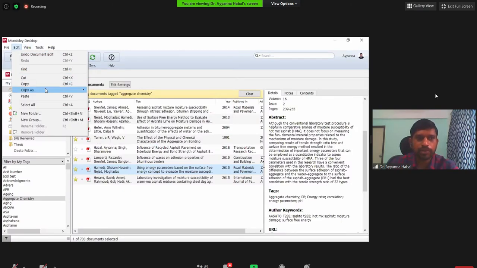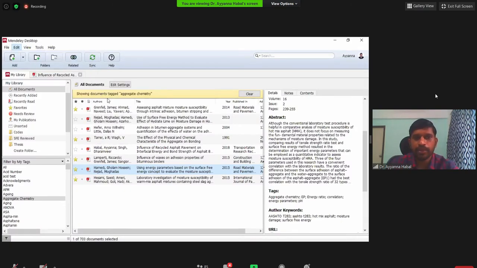If you want to copy, just copy as a formatted citation. The citation for this particular paper is copied in that Nature journal requirement format. This is one way of copy and pasting manually. Another way is you can integrate this Mendeley with your Word document, where automatically you will get the citation or referencing list. It is an easy way, and I would say this will save a lot of time in writing and reference management, and it will automatically update, which is very important.